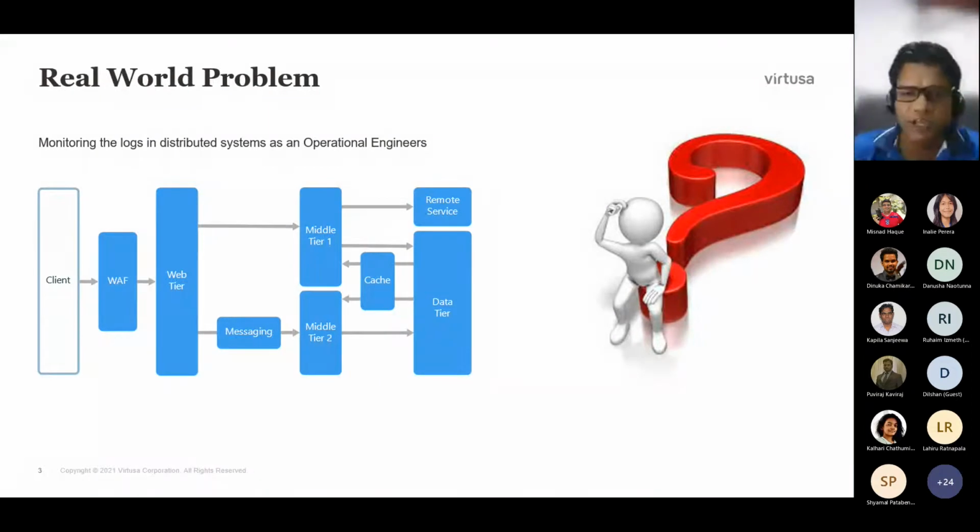At this time, developers might not be there. The code has been deployed in production, so now it's in the production system. You cannot do the debugging and you cannot identify the issues. Your fancy IDE tools are not available. It is just the particular code or bundle which is running in production. So as an operational engineer, how do we identify the issue? The golden factor that we have is the log.